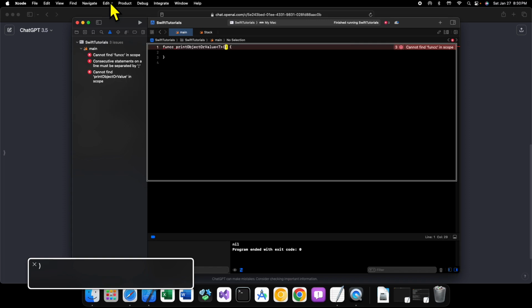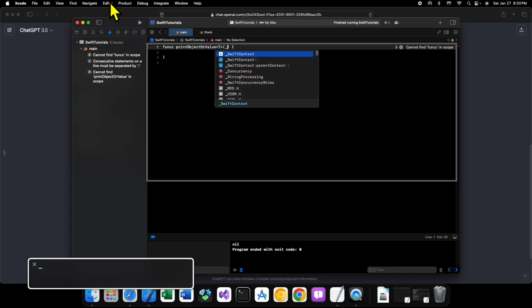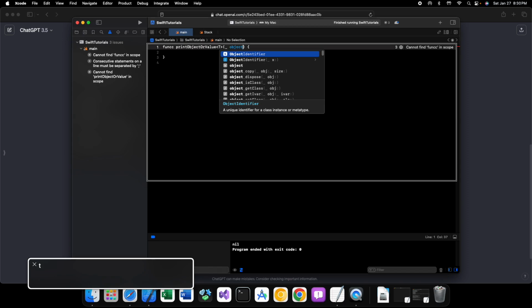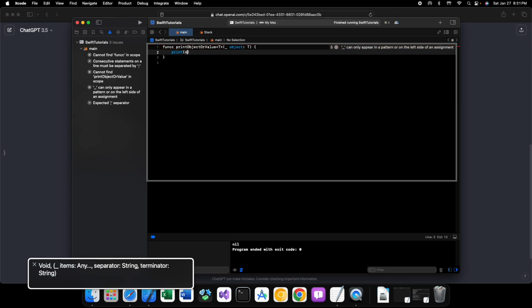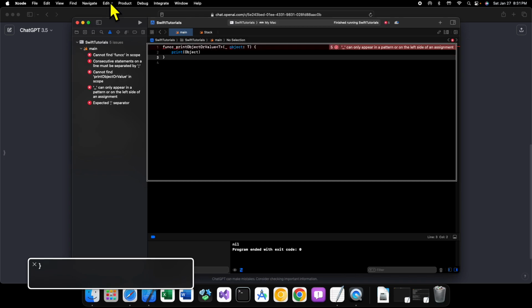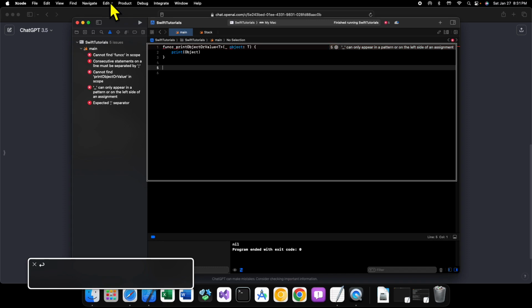All right. And inside of our parameters, we can say object, and that's going to be of type T. And now we can just say print object. Save our code. And when we call this method, so printObjectOrValue,